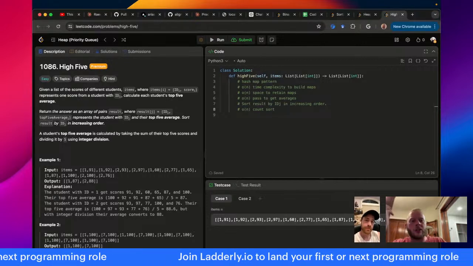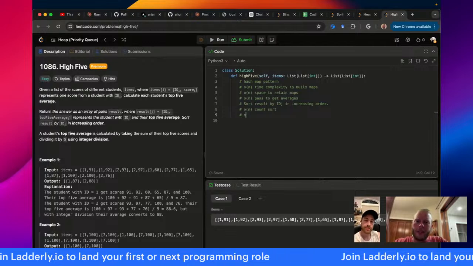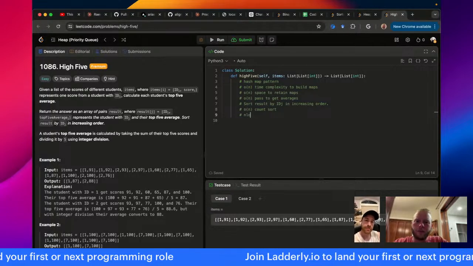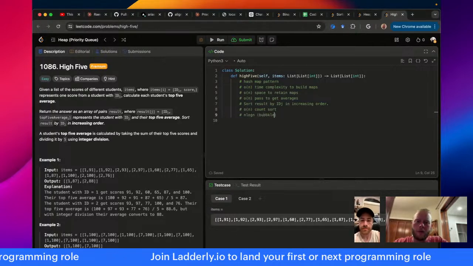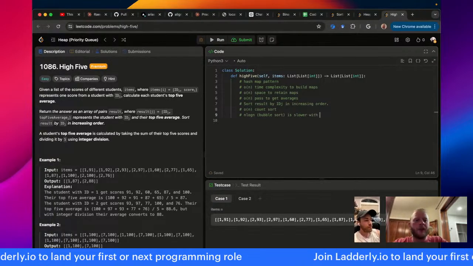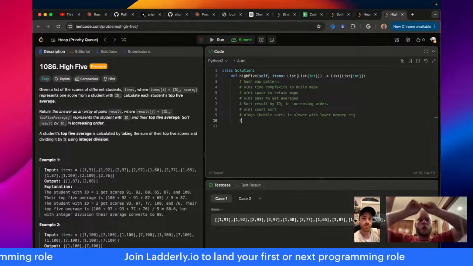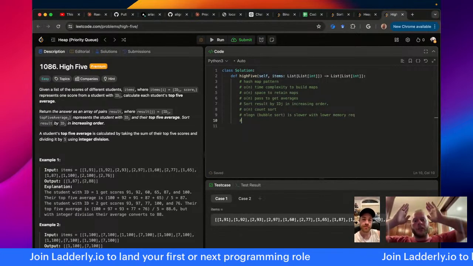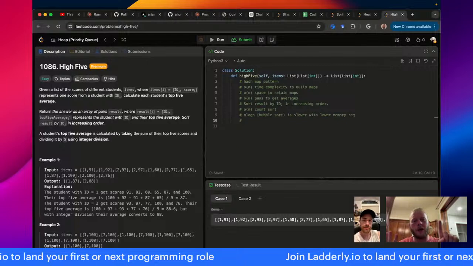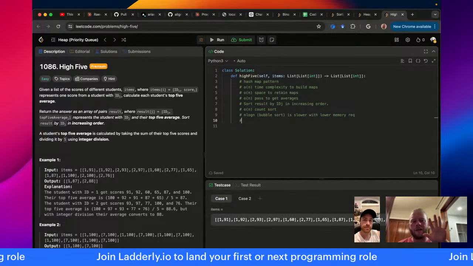Would I get a memory benefit? I would, because I wouldn't need a hash map. N log n sort is slower with lower memory requirement. Because if I sorted by the ID, I would just average their 5, right? And as soon as I see a new ID, I'm done. And that would always be 5 instances. So it would be constant.